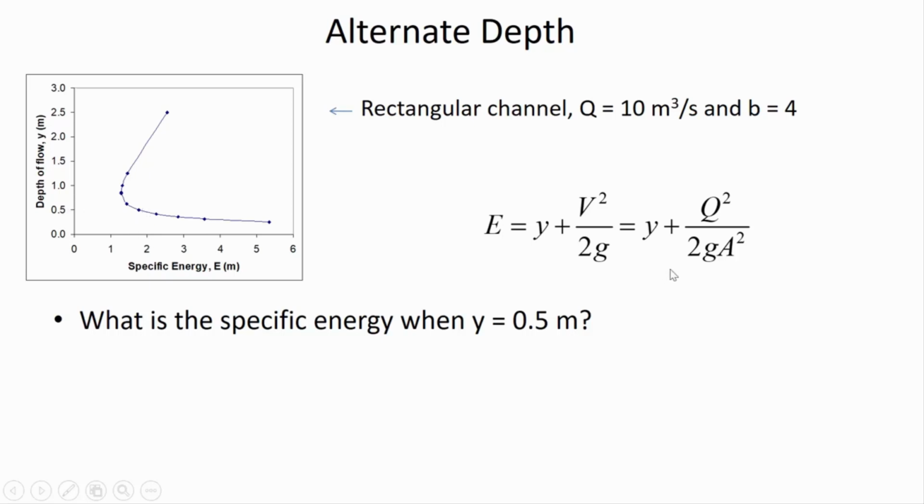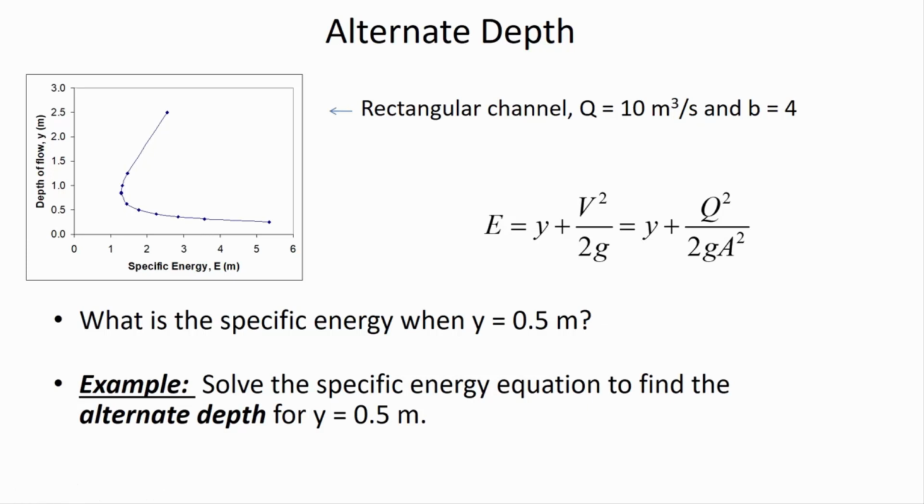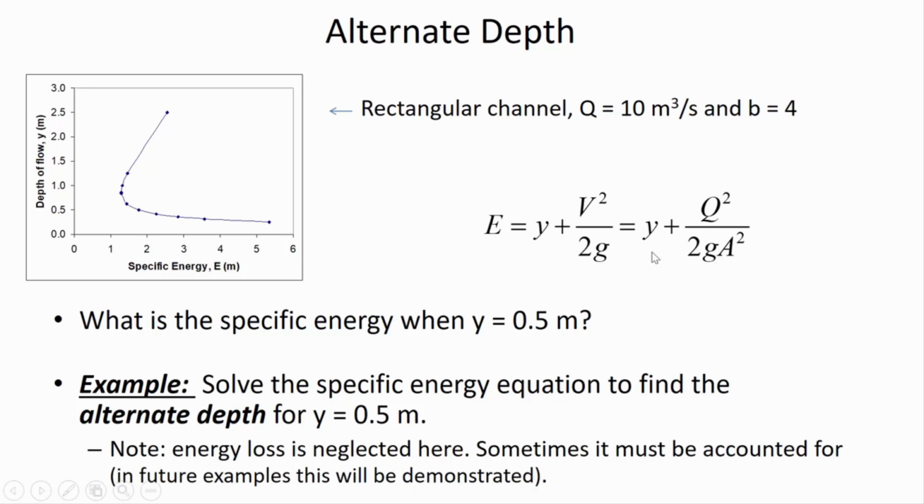The other way to find the specific energy is just to substitute in the depth of 0.5 here, and then finding out what would be the cross-sectional area for this width of 4 and the depth of 0.5. So you put in the cross-sectional area, and so you're finding both the velocity head and the depth term for specific energy. And to solve for the alternate depth, what we would do here is we would find out the total specific energy at one of the depths, and then we'll find the amount of specific energy being the same